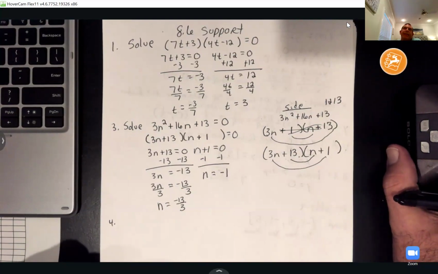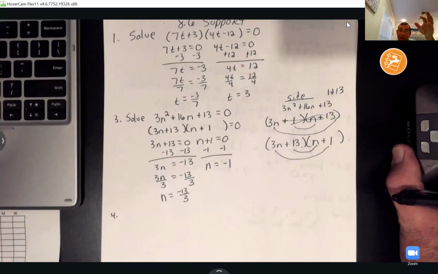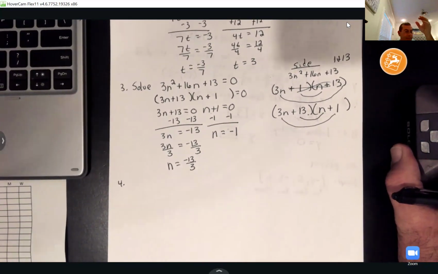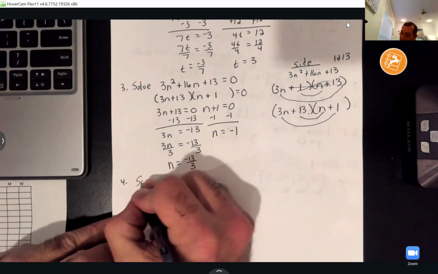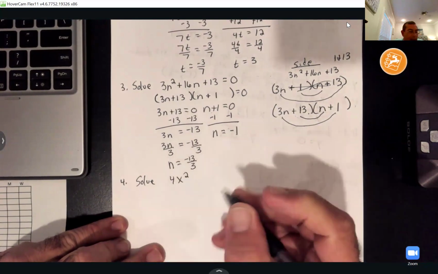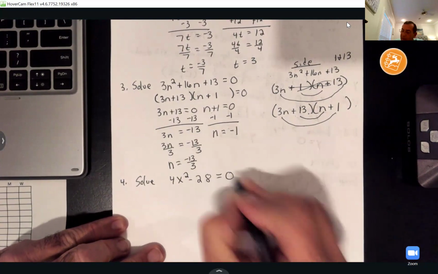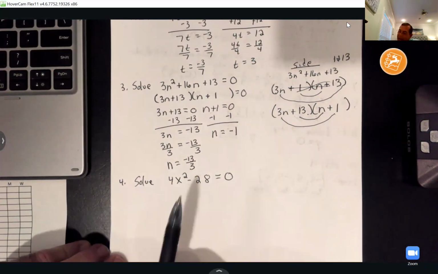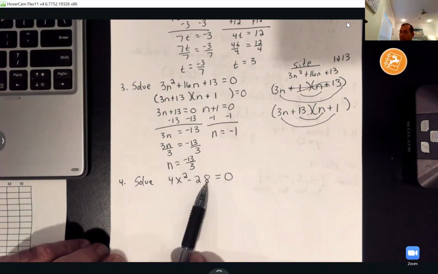So it's basically doing stuff we've been doing all night, still getting into that factoring with you, okay? So y'all, I got one more. We're going to solve 4x squared minus 28 equals 0. So now when I got an x squared term like this, x squared and a number,